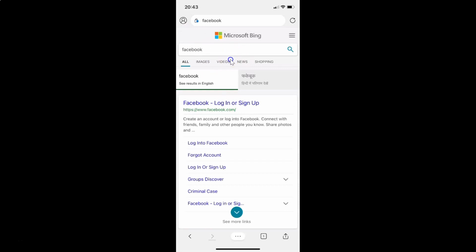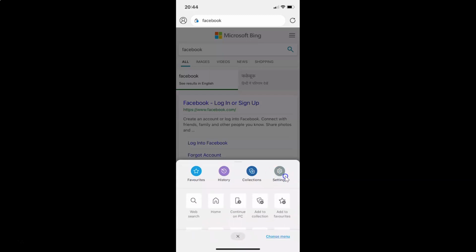And you can see guys I have this search results, and you can see I have this Bing as the default search engine. So if you want to change your default search engine to Google, then I'm going to show you in this tutorial. So what you need to do, you have to come to this bottom menu, and then you have to tap on this three dots, this button. So let me tap on this, and then you have to tap on this settings,